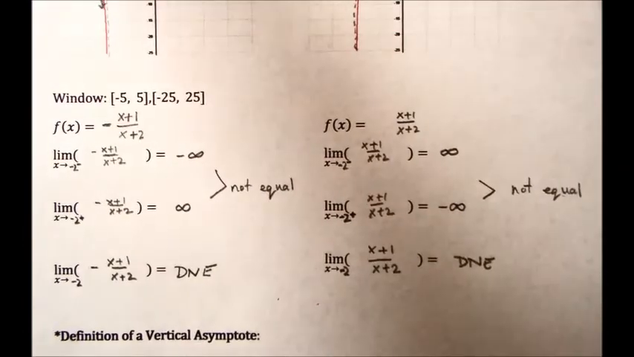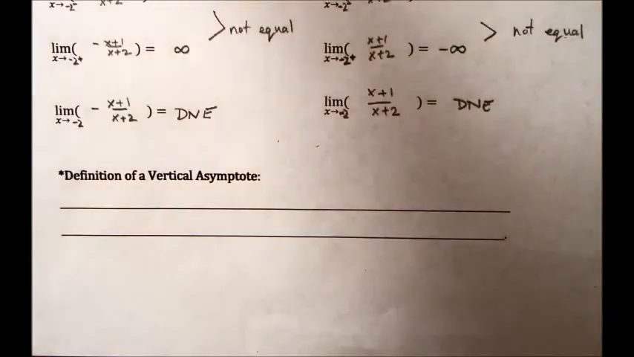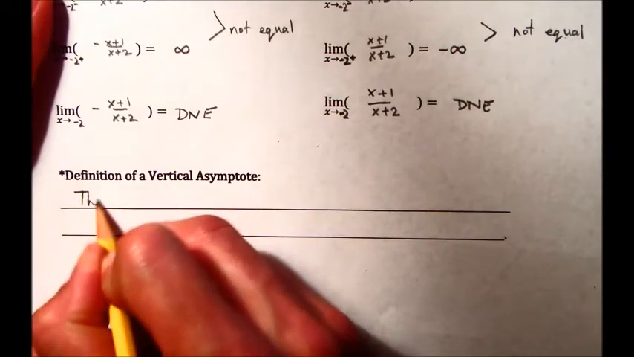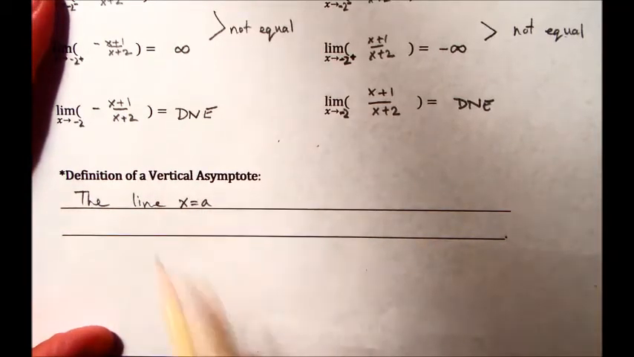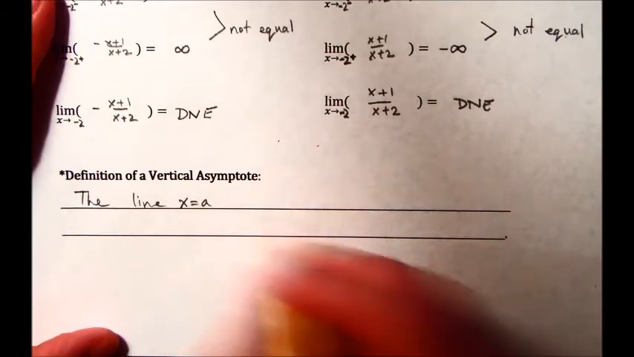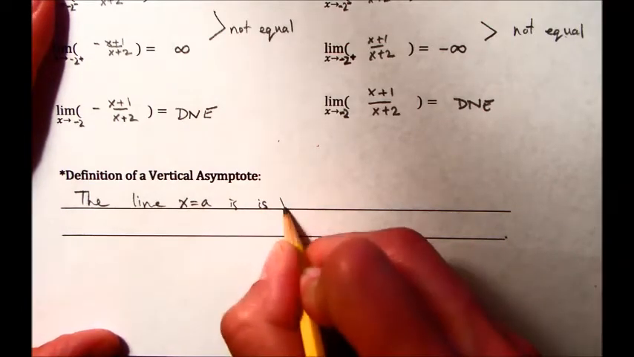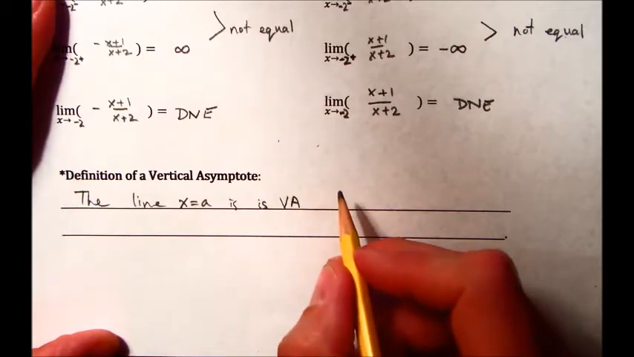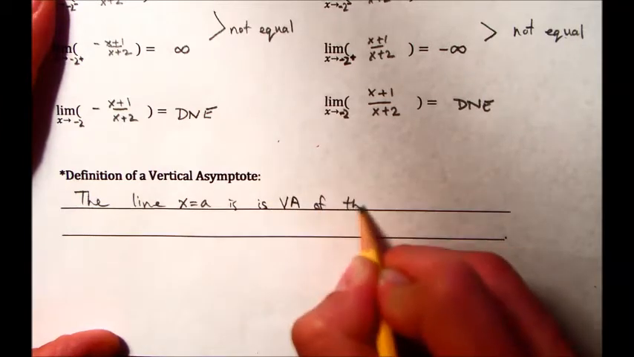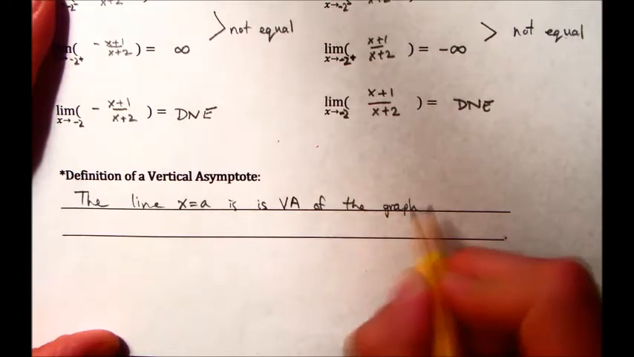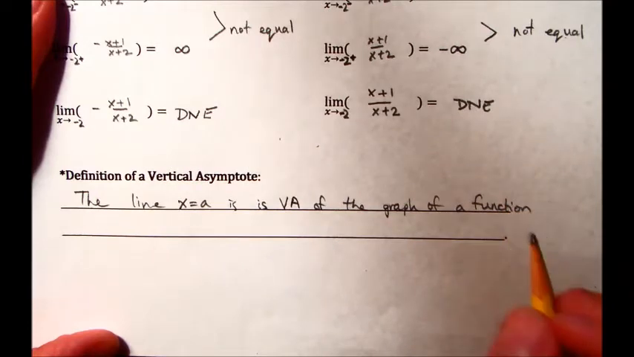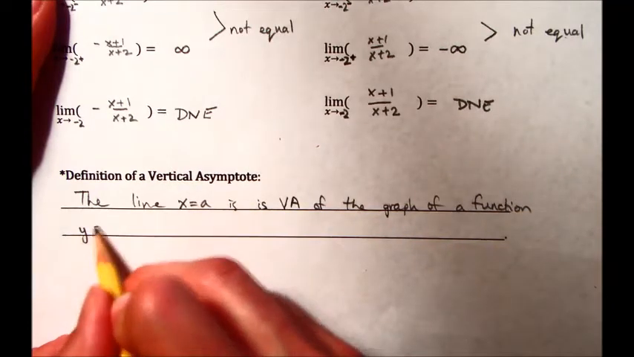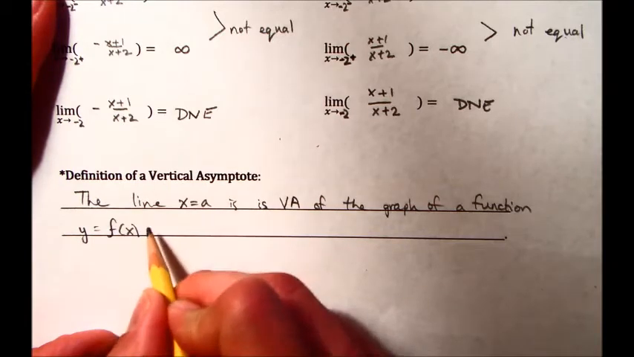Okay, so what exactly is a vertical asymptote? We know intuitively what it means. We've been seeing those all through pre-calc. Basically, the line x equals a, which by definition is a vertical line when it's x equals a number, you remember that, is a vertical asymptote of the graph of a function y equals f of x if,